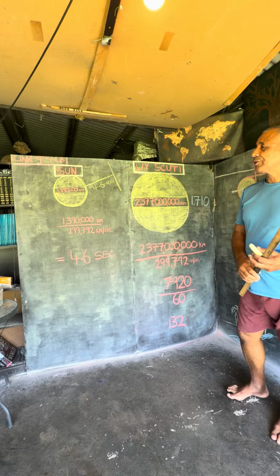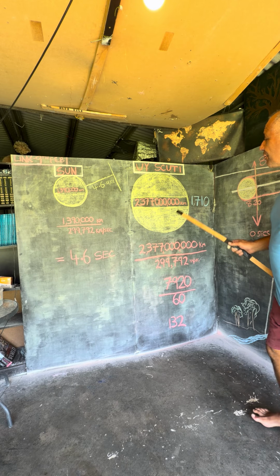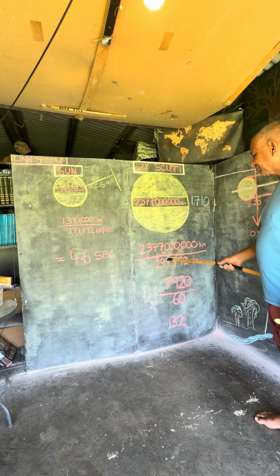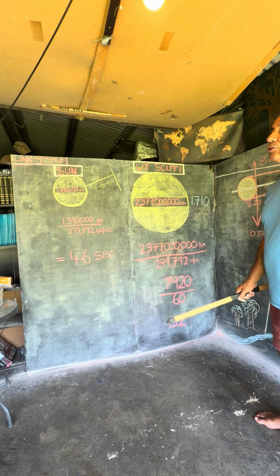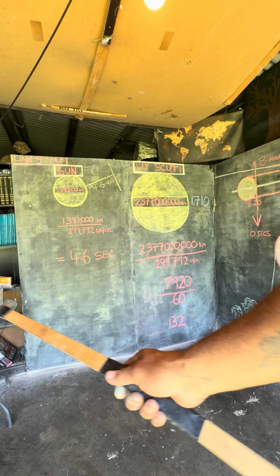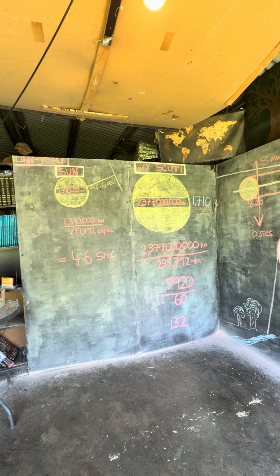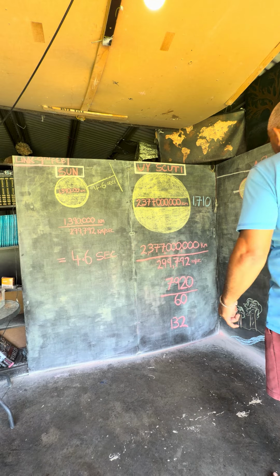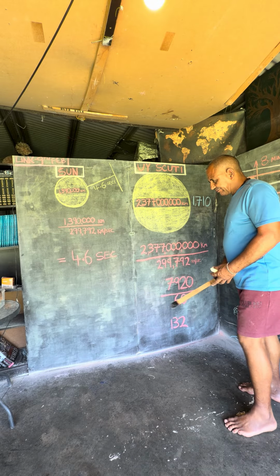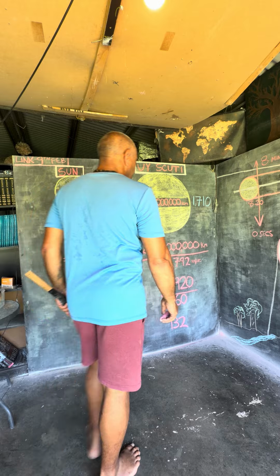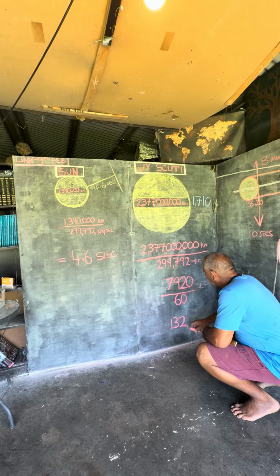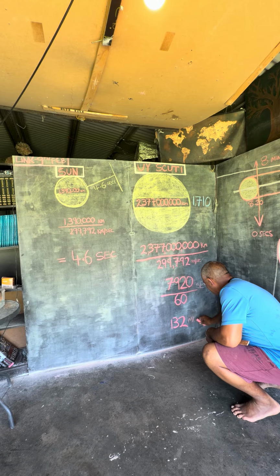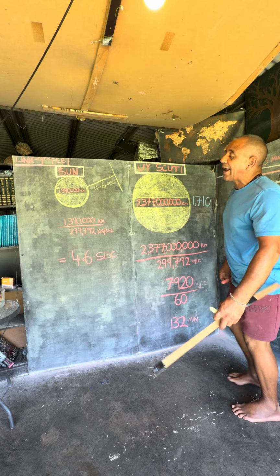Now, UY Scuti with an approximate diameter of 2,377,000,000 kilometers, when we divide its diameter by the speed of light, we get the number 7,920. When we divided the sun's diameter, it was 4.6 seconds. We divide Scuti's diameter by the speed of light, we get 7,920 seconds. We then divide that number by 60, and we get 132 minutes, which means 2 hours and 12